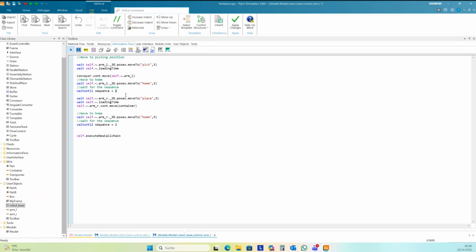I wait for the sequence number 2 for starting my assembly process. So it's all the left arm. At the end, the sequence number is 3, and then it should start from the beginning, left, left.